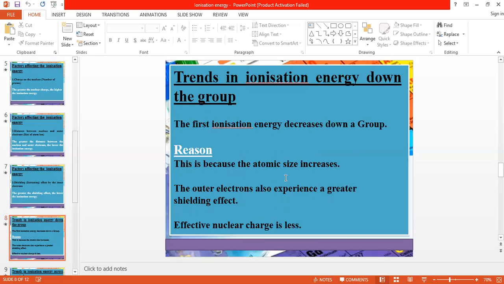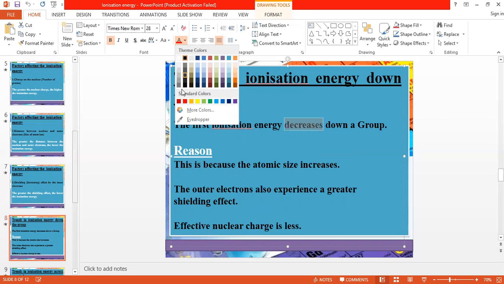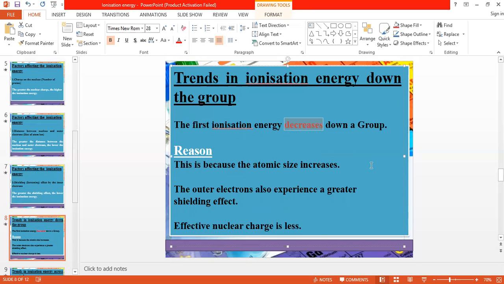You just need to know whether it will decrease or increase. So within a group, the ionization energy will decrease. You need this one: ionization energy decreases from